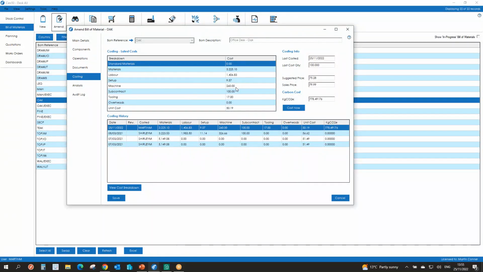We've got setup costs, machine costs, subcontract cost to maybe get something painted or plated. We've got a tooling cost, overheads if we'd had some overhead percentages set up, and then a unit cost. I can see that this was 100 and the date that it was carried out. We've got a suggested selling price and the sales price from Sage, so we can see if we're meeting our